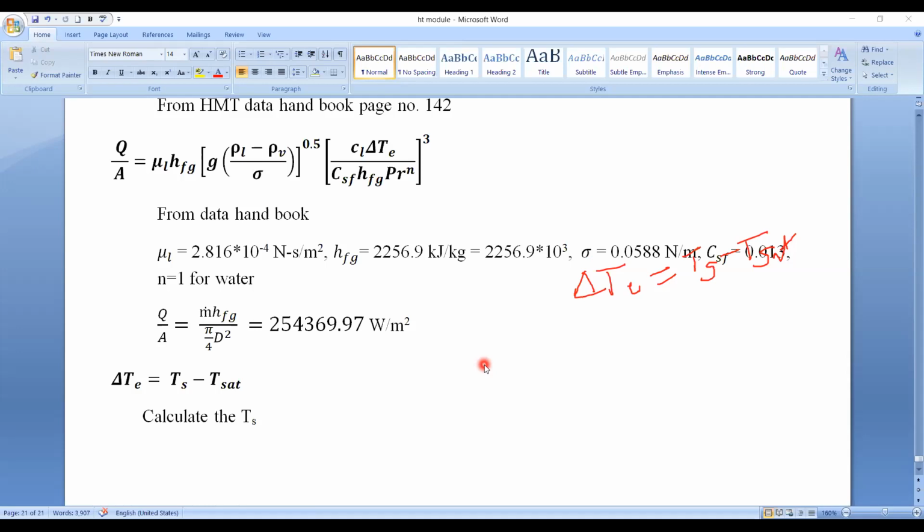And the third expected theory question is to differentiate between drop wise condensation and film wise condensation. Plus the numericals on boiling and the numericals on condensation. So this is an important and easy module. It is a scoring module because everything is given in the data handbook. All you need to know is how to refer to the data handbook and how to extract the values from it. But the calculation part is very important. Okay?